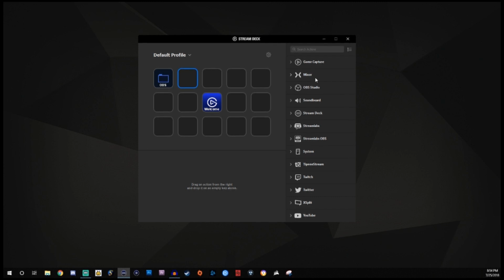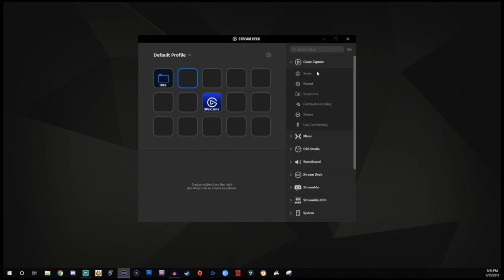So, of course, there's many different things you can use it for. Of course, you can use it for the Elgato capture card, and these are the different things you can use. So if you're streaming with your Elgato capture card, you can actually use it for scenes, switch your scenes up and everything like that. You can obviously record with it if you want to do screenshots. You can do the flashback recording, and you can also start your stream